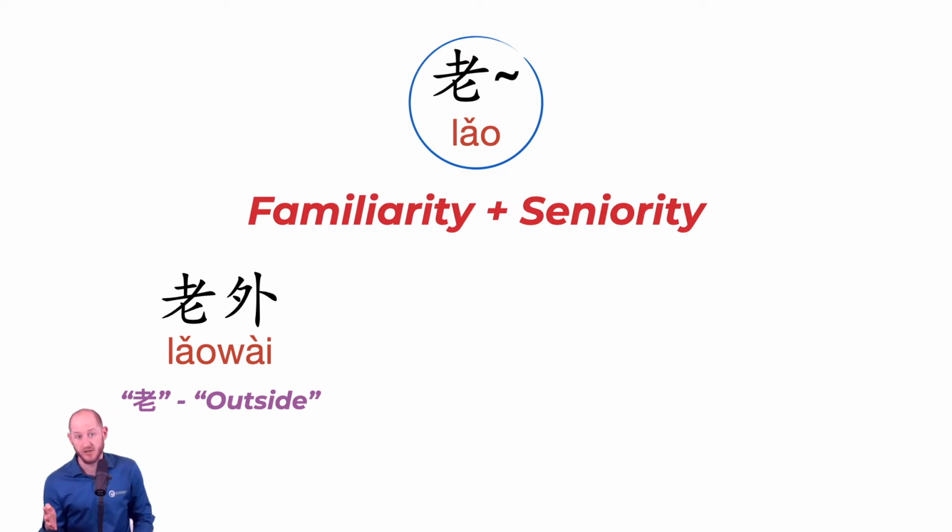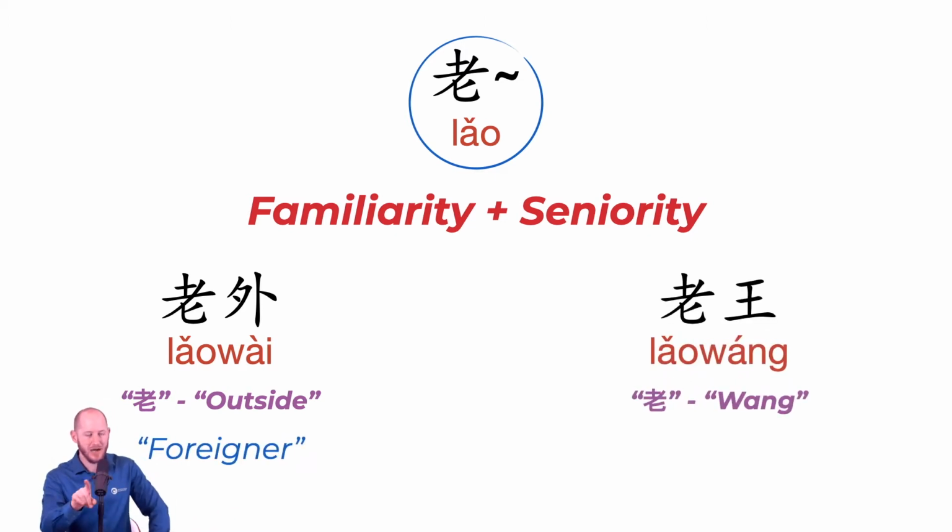Now, you could say seniority relates to how old you are to some degree, but you could be 25 and the senior member of a staff working somewhere. It's possible. So, lao just means familiarity and seniority. So, lao wai, the familiar outside person, a foreigner. Now, I will say this about lao wai. While the structure of it is meant to be affectionate and familiar and show respect, it has sort of developed a bit of a feel of being a little bit derogatory.